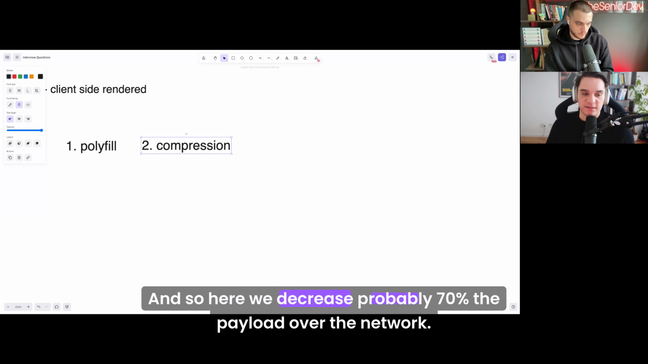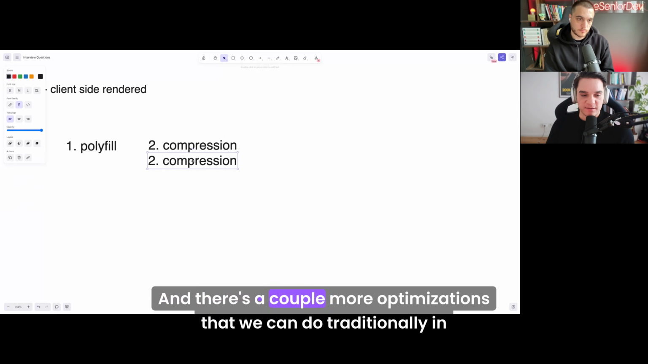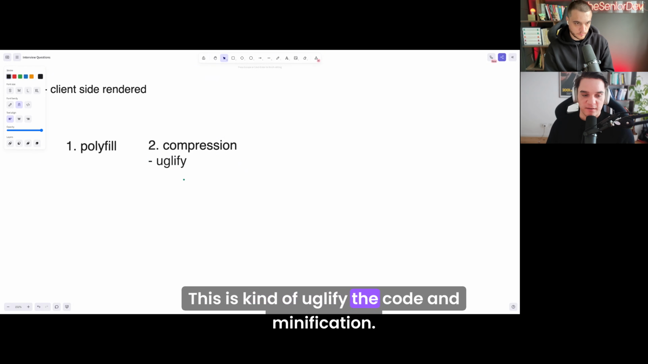And so here we decrease the payload over the network by probably 70%. So we improve the loading time. And there's a couple more optimizations that we can traditionally do in JavaScript. This is uglifying the code and minification. So these two,